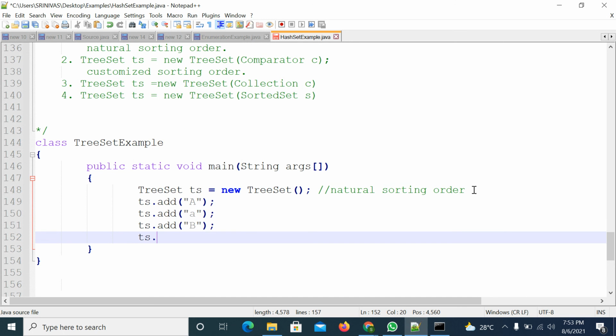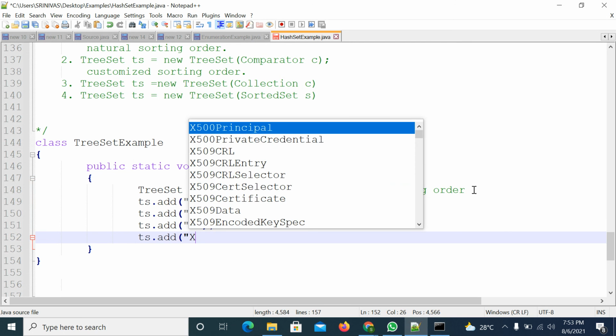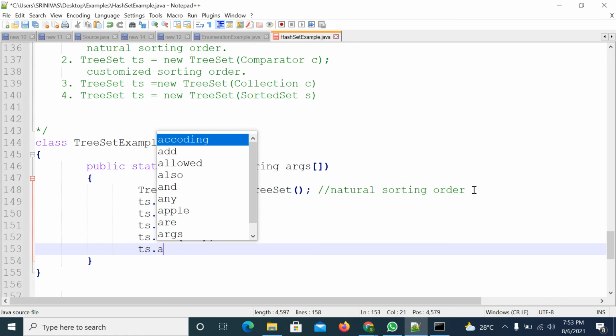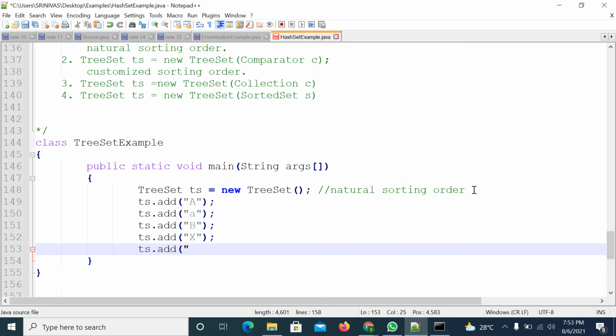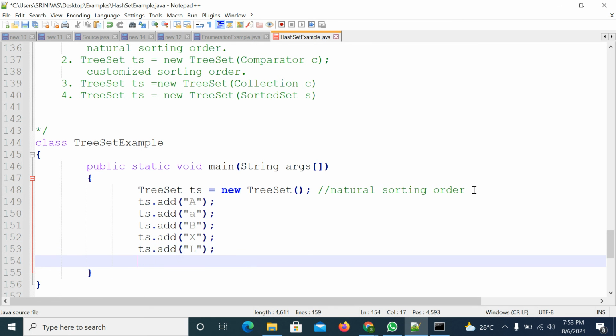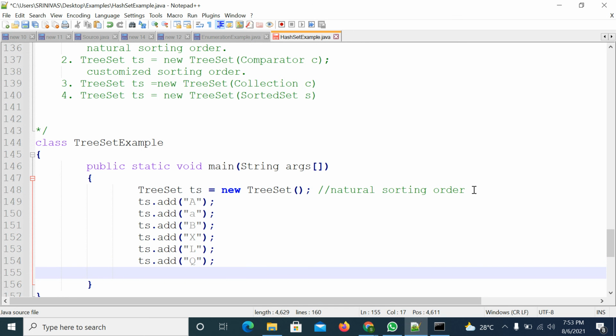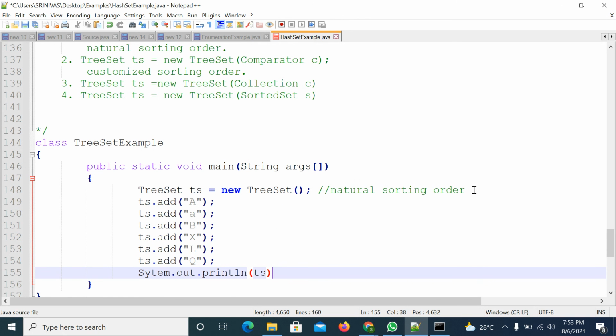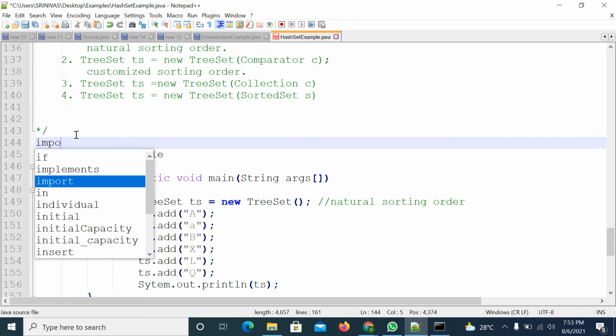I'm adding some other elements, capital X, some L, and Q. Observe here, I'm adding different elements. After adding the elements, try to print the elements. Now observe the output. This is available in the java.util package.